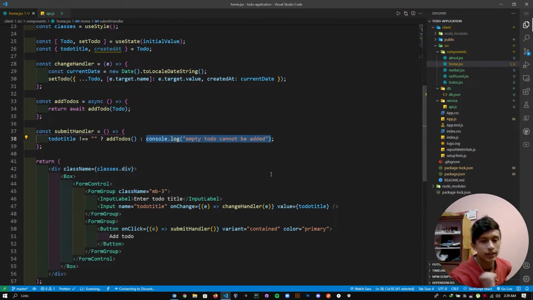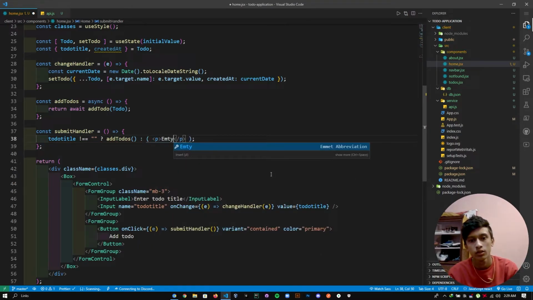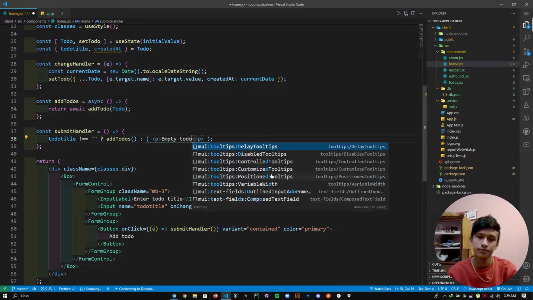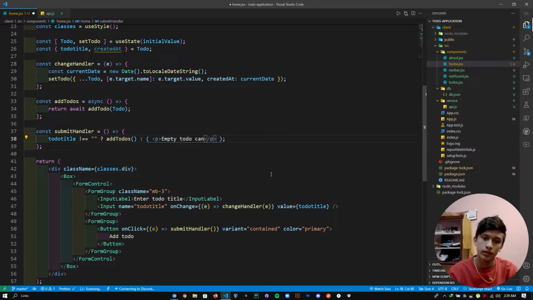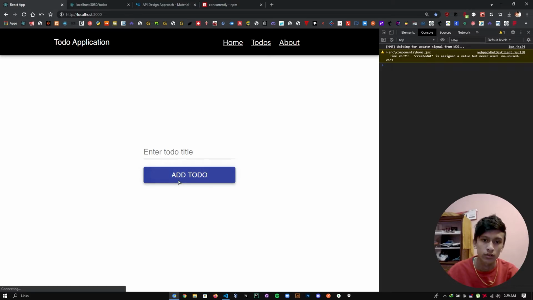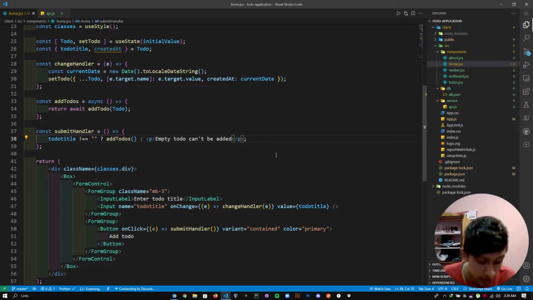Render something. Okay, so what we do is just do this in a p, not a div. Empty to-do can be added. I save this, reload, and then if I hit add, now I can see